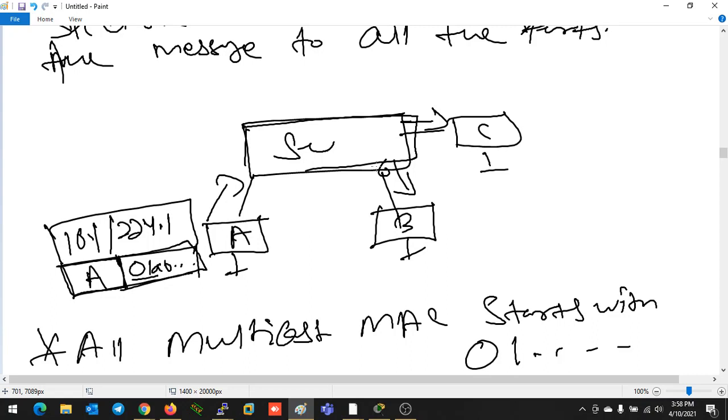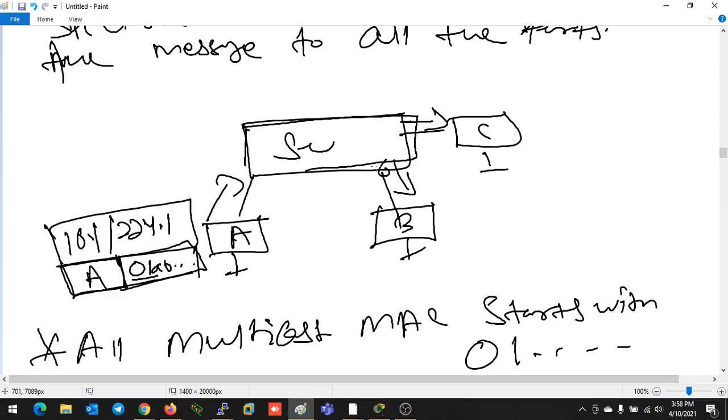So if someone asks you about unicast flooding, what should your answer be? The answer should be: unicast flooding means the switch is receiving a unicast message and the switch has information about the destination MAC address in its MAC address table. So that's why the switch will send the data from the port where the destination MAC address device is connected. Flood means send also. This kind of scenario is known as unicast flooding.